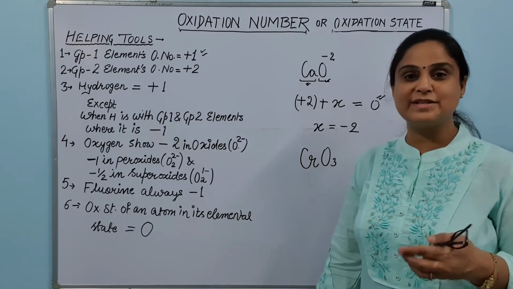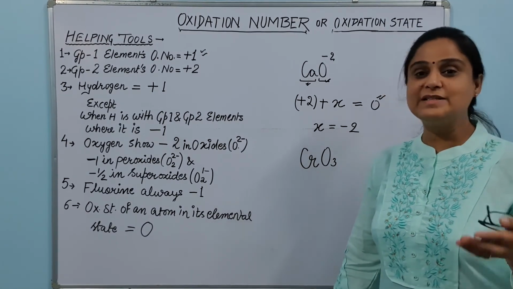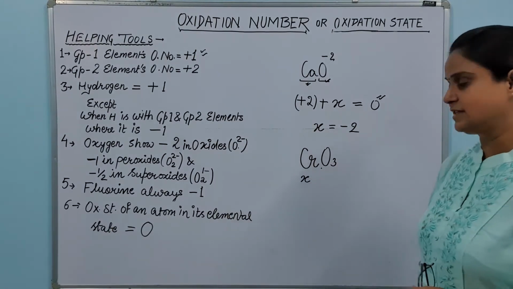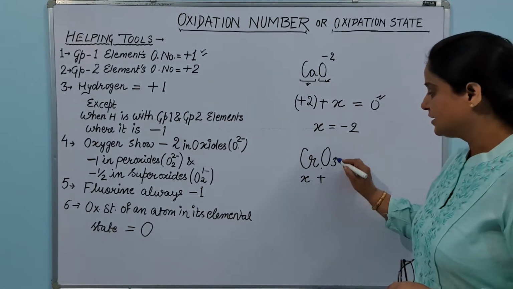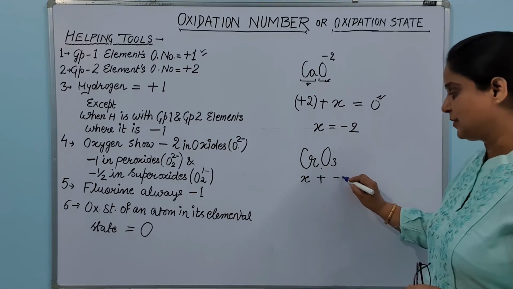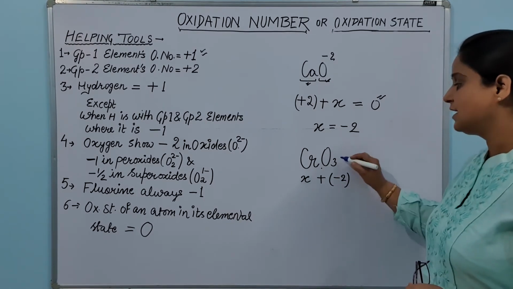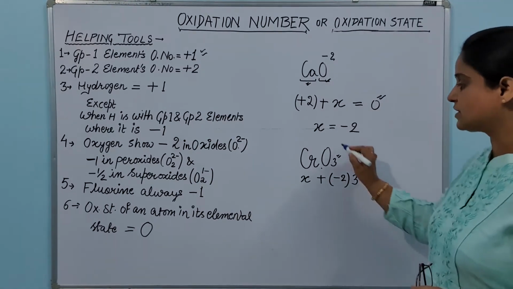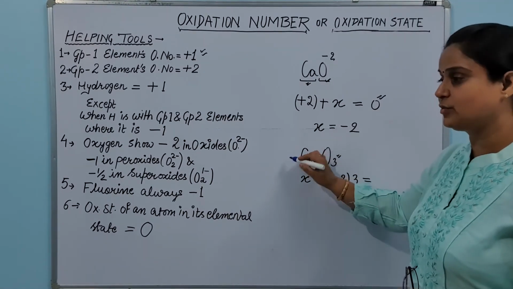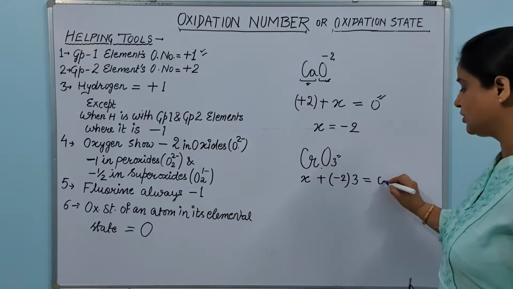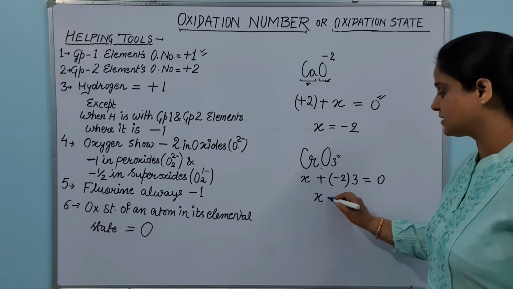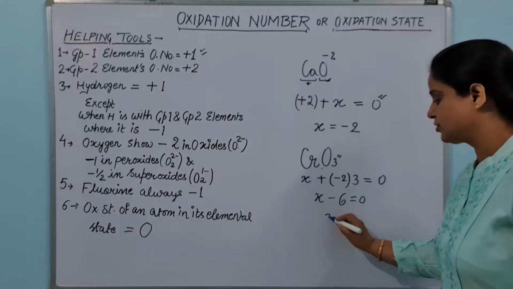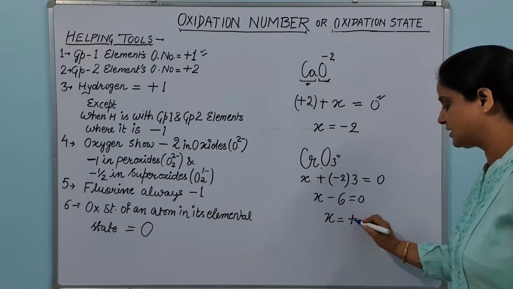In the same way, now let us calculate the oxidation state of chromium in chromium oxide. As I am telling you, this is chromium oxide. So it means oxygen is at the -2 oxidation state. I am going to consider chromium as X. Oxygen I am going to consider at -2 because it is oxide. And how many oxygens are there? There are 3 oxygen. Overall charge, what should appear on this molecule? Obviously 0 because it is a molecule. So this becomes X minus 3 times 2 equals 0, that is X minus 6 equals 0. So this X becomes +6.